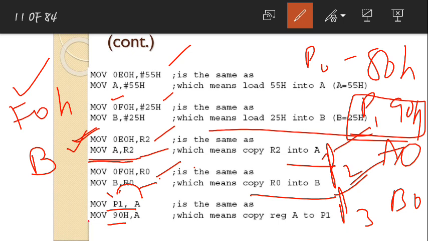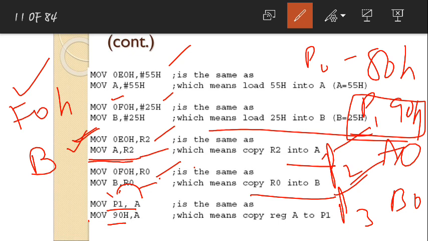Okay. So we have almost seen all the transfer instructions, the movement instructions: copy from one register to another register, load a content into some register. We have seen these examples. So you can easily identify what is immediate addressing mode, what is register addressing mode, and what is direct addressing mode. Three important points you need to remember: in immediate you will have a pound symbol, which denotes a constant value that needs to be loaded into some memory, let it be a register or a direct address, whatever it is.